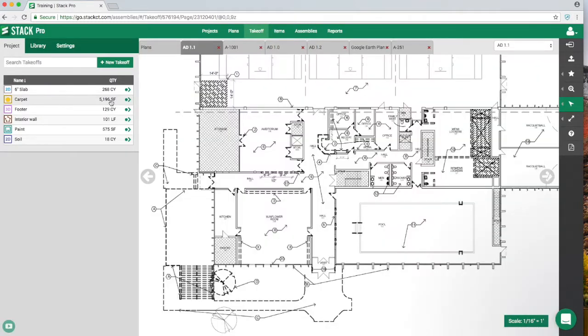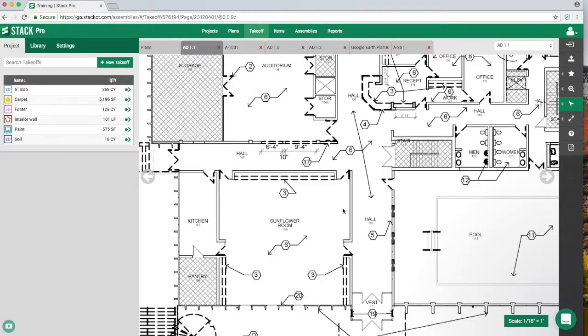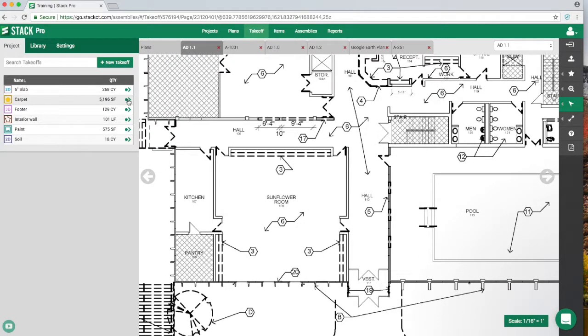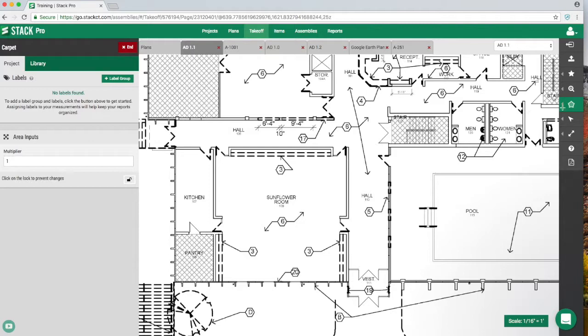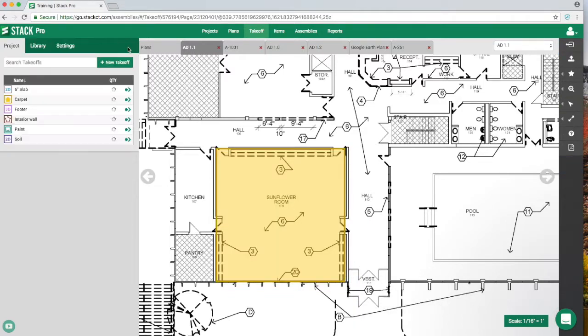Again, our carpet, we're at 5196. Let's add some carpet somewhere, so out right here in the good old sunflower room. So I'm going to activate carpet. I'm going to just draw this as a quick rectangle. One click there, drag across, double click, and that's going to increase our square footage for our carpet,